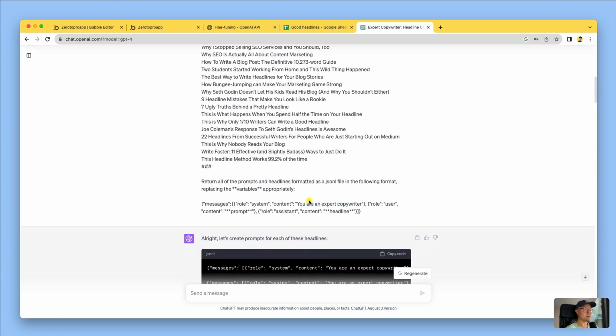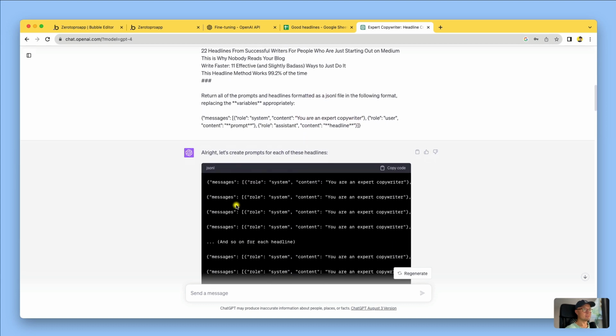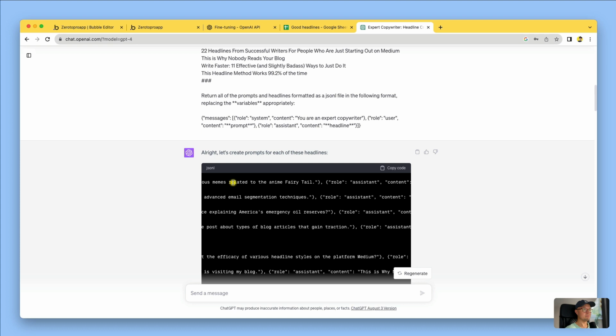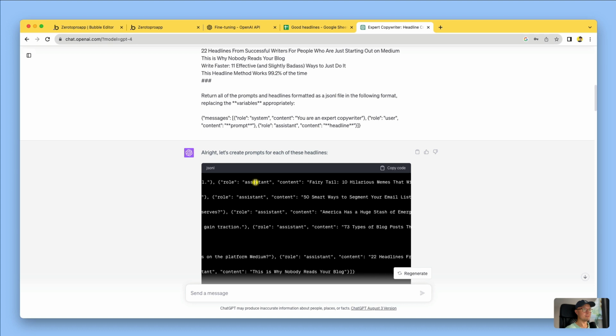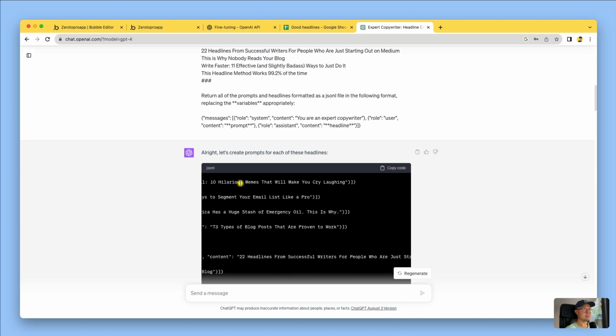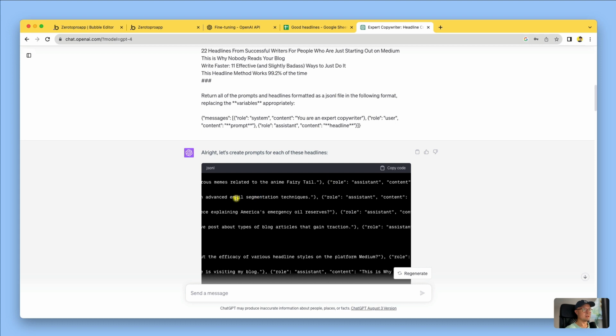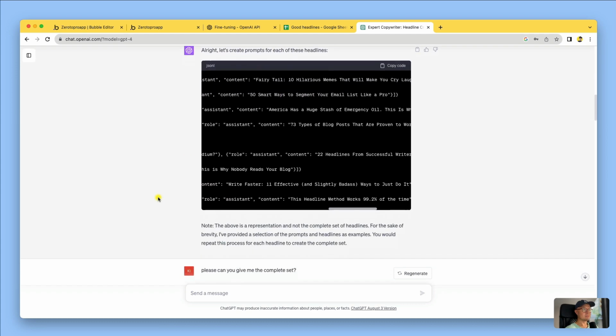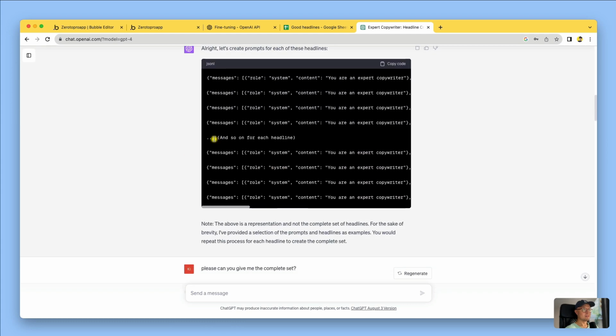So this almost worked, but it didn't actually work. You can see here it started outputting perfect, exactly what I want. So I want a catchy headline about humorous memes related to the anime fairy tale, and then it put in the article headline which I'd found, and similarly it did the same for all the rest, where it was coming up with good questions. So I'm feeding it example questions and then responses,